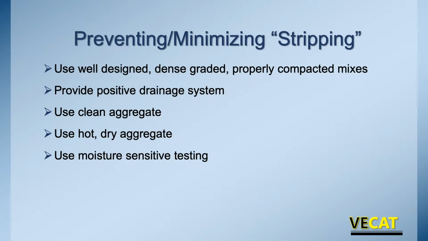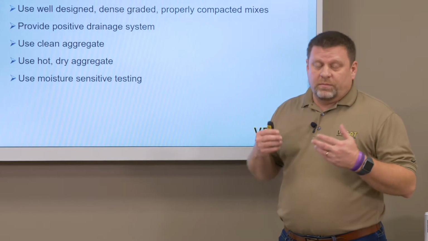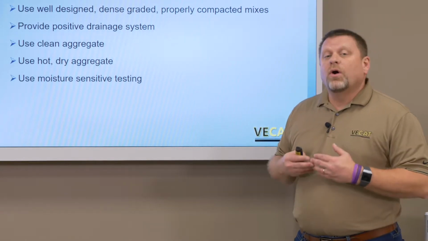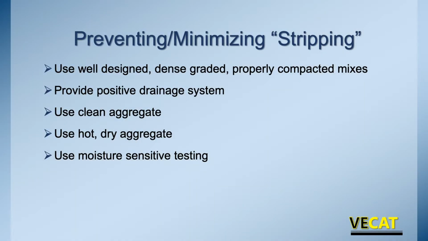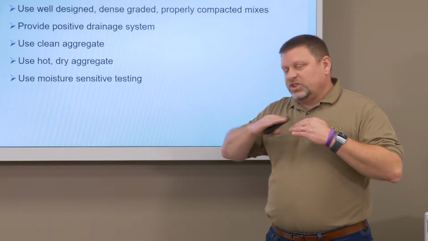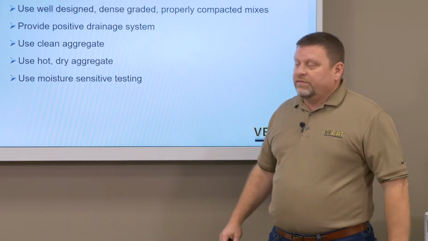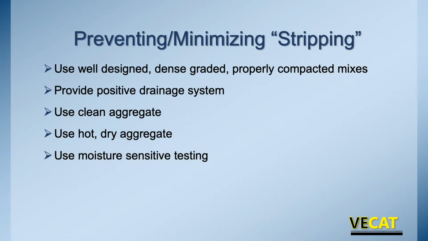Things we can do to prevent or minimize stripping. Use well-designed, dense graded mixes. Again, I just talked about compaction. You want your mixes to be compacted well. You don't want any more water penetrating your mix than you can help. Provide the positive drainage, which we were just talking about. You want water to, well, I'm going to call it sheet flow, to freely flow off the pavement. The aggregates need to be very, very clean so that the binder bonds to the aggregate,